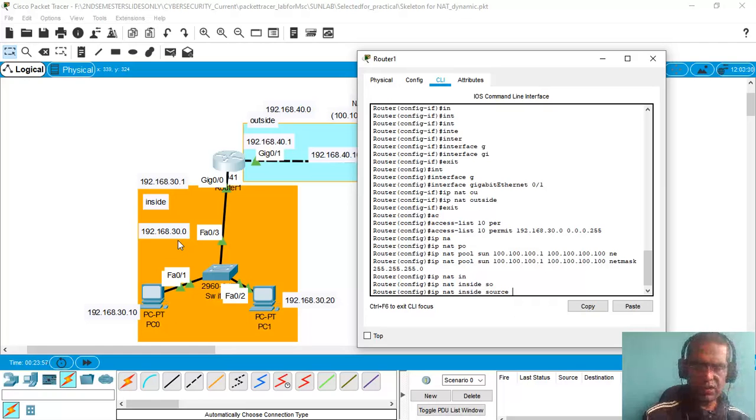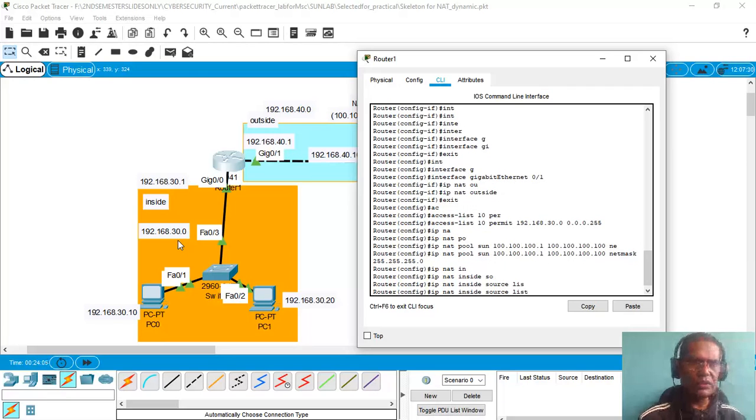What is the source? Actually all the machines in this network 192.168.30.0. Okay, so let me give list 10 pool. That means any machine from this network pool